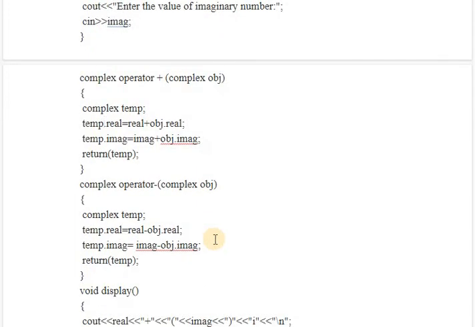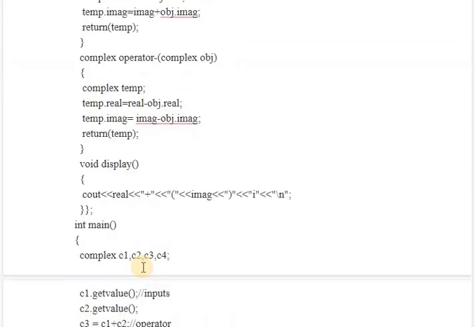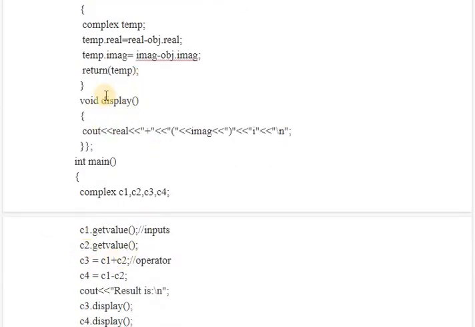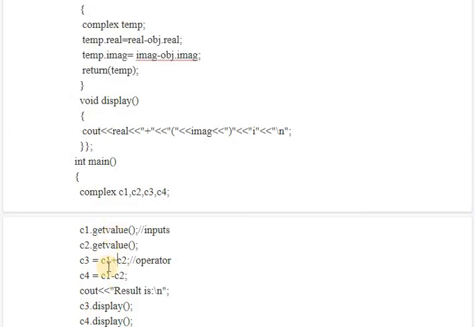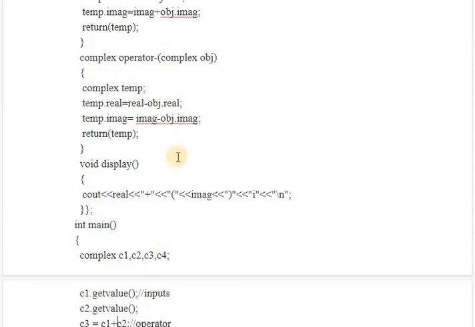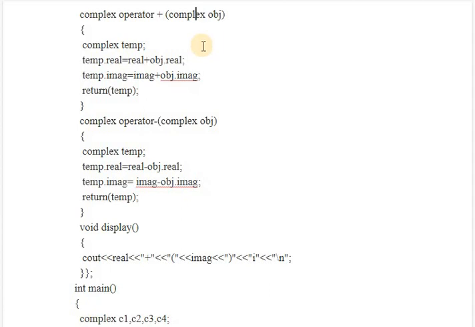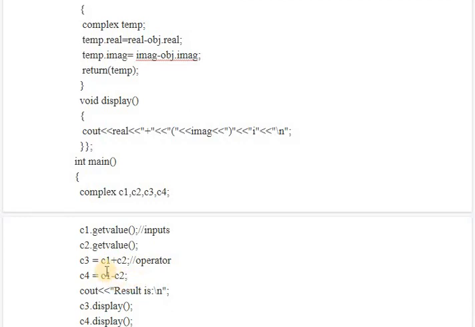So how it is going to work, see, this is for plus operator and this is for minus operator. So we will jump on to the main function directly, because we know that this function is to display the values. So when I am writing this particular statement, here two operands are passed. Plus operator contains C1 and C2. Then it gets value 1. So operator function gets called for C1 and C2 both. So what it is doing, it is assigning value of C2 to the object which we have passed here inside this operator function, and the second value it is getting from the class directly.